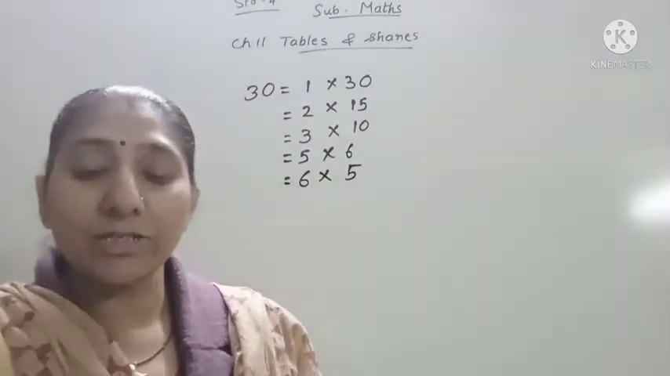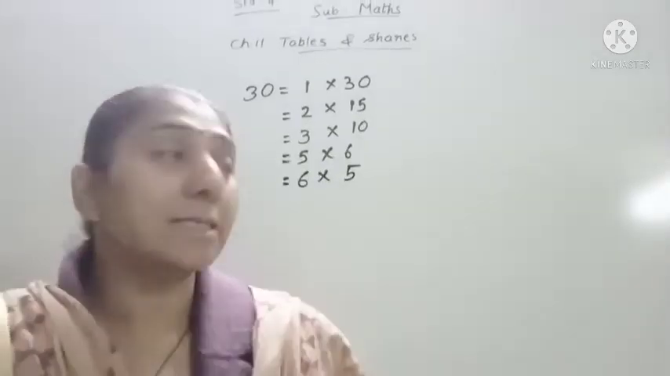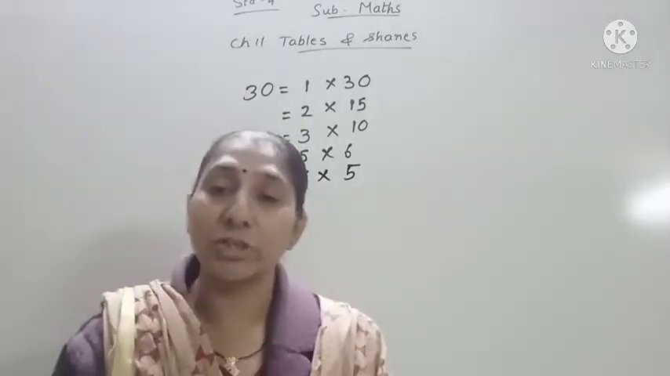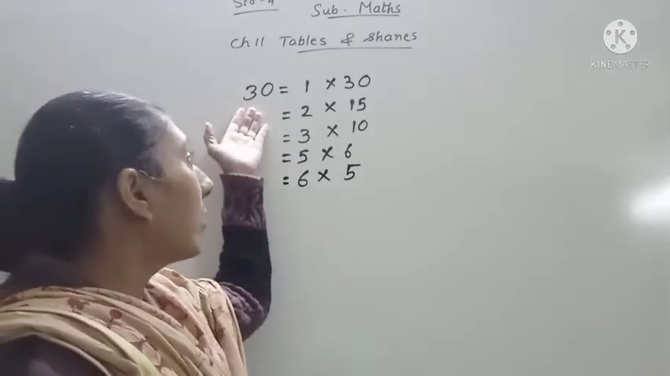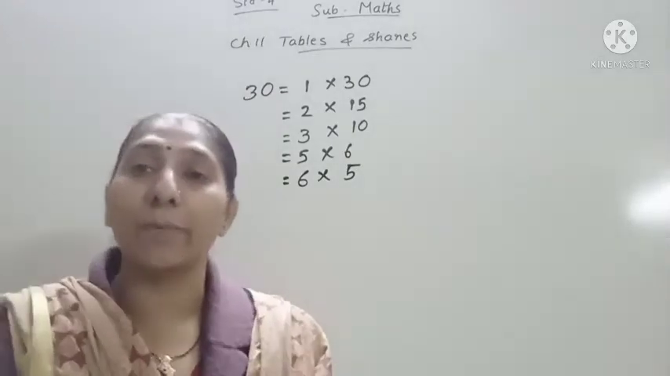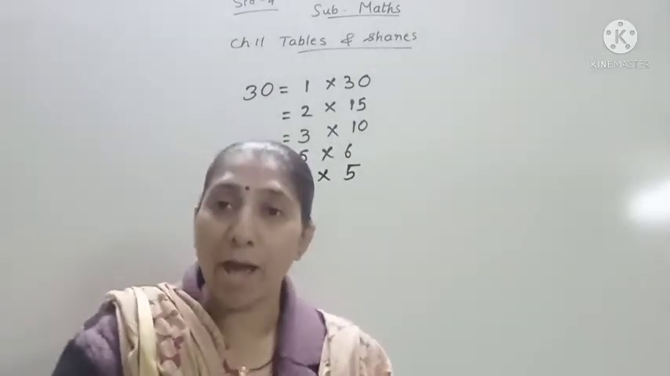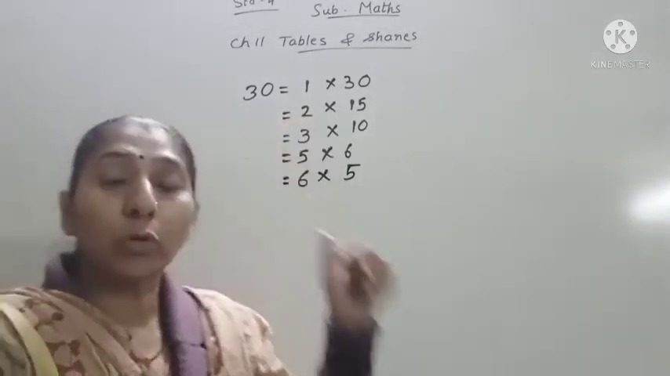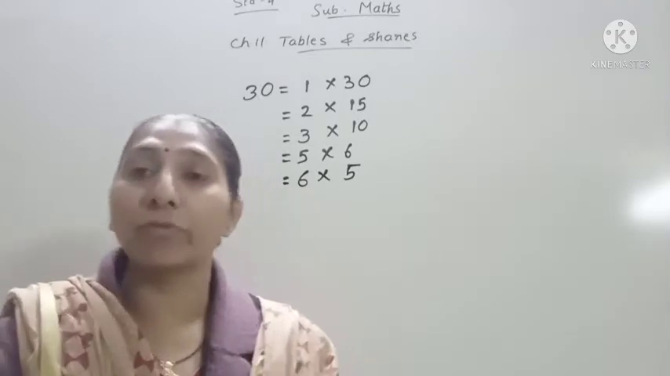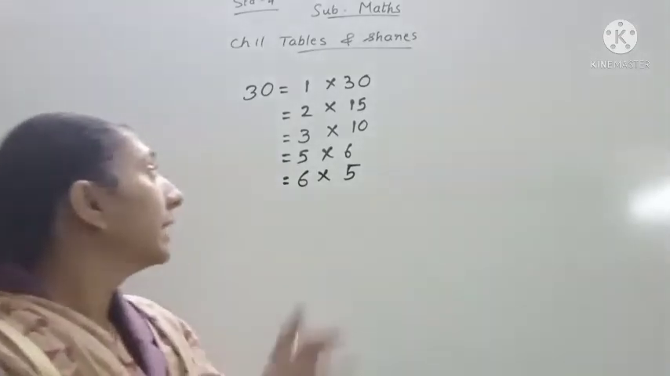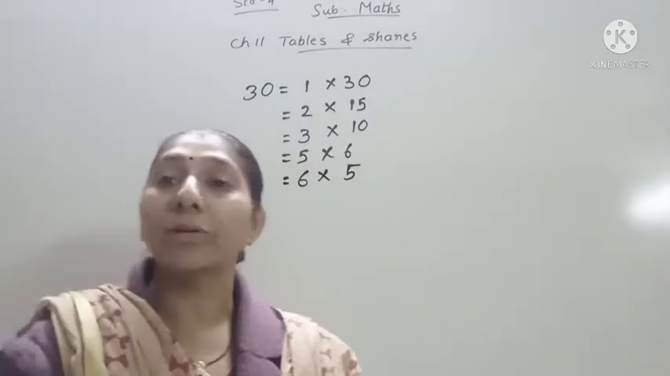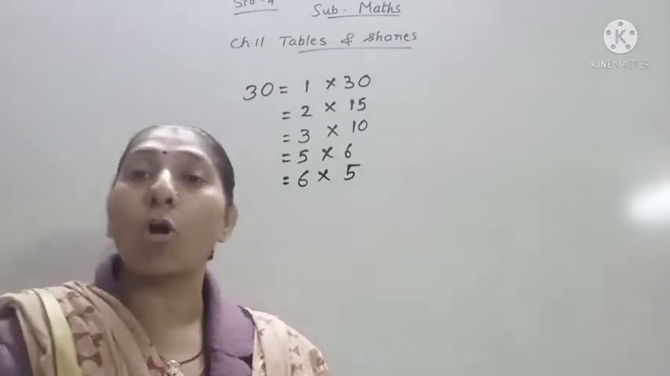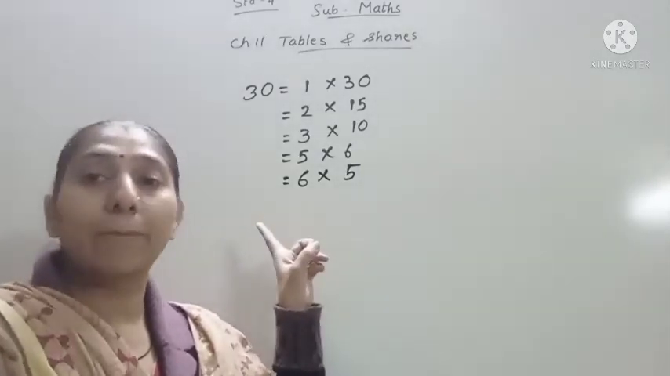So how we can arrange anything is we have to find out that the number comes in which table. We have to find out that 30 comes in which table. 30 comes in the table of 1. 1 30s are 30. Then 30 comes in the table of 2. 2 15s are, or 15 2s are, 30. Then in the table of 3. 3 tens are 30. 30 doesn't come in the table of 4. So we have not made